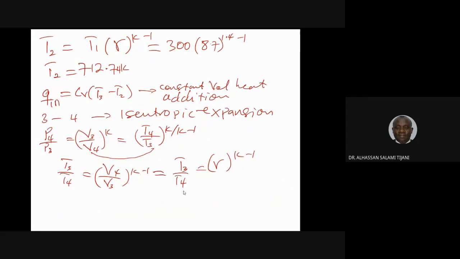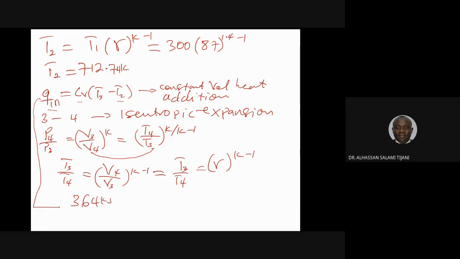Okay. So one thing we should know is that T3 is not known, T4 is not known. So we have to go back and look for T3 first before we can proceed. So how do we determine T3? We can use this equation to determine T3. Because I know Q in, I know CV, I know T2, so I can find T3. You understand? So then Q in is given by